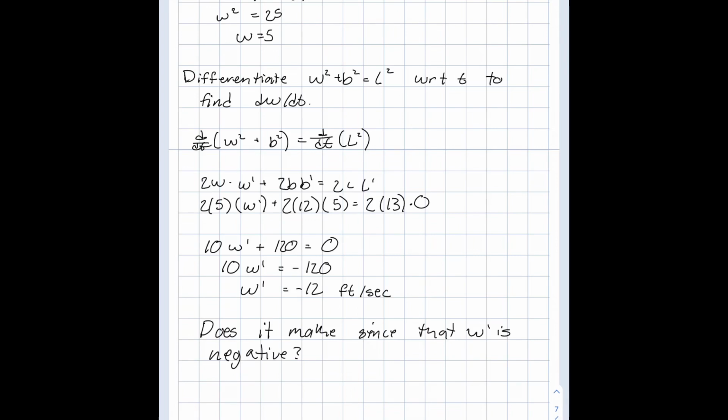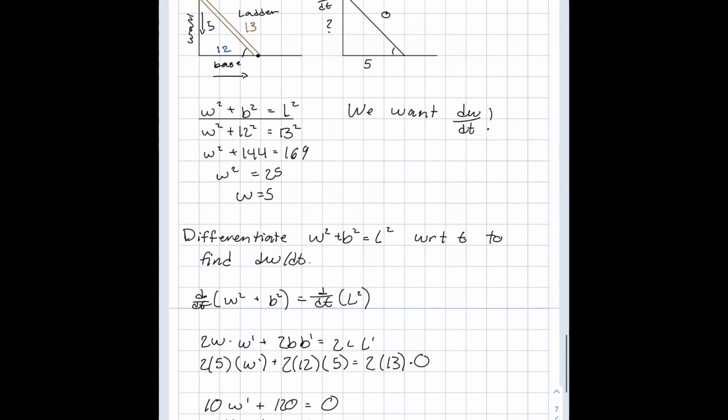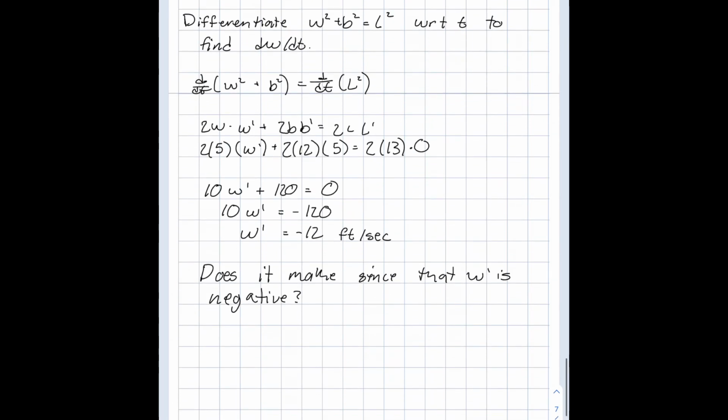Yeah, it actually does. Since the distance between this wall, it's going down. The distance between the top of the ladder and the ground is shortening. It's decreasing, so it does make sense. All right, perfect. So then